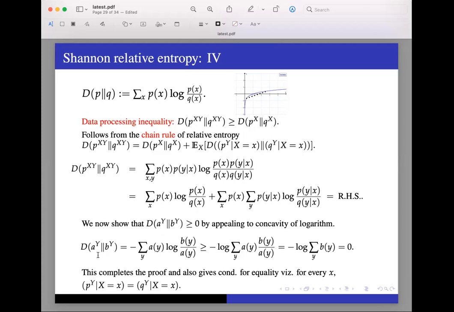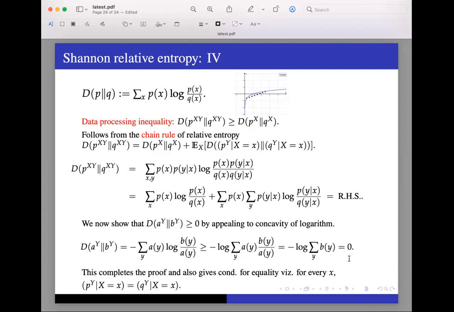So let's use it out here. So this relative entropy, I can write it like this. Now I've used the negative sign because I have taken the reciprocal here. And then I apply the concavity, and because of the negative sign, I get greater than or equal to. Remember, AY is a probability distribution, so this is the expectation of logs. That is less than the log of the expectations. So I have this log of the expectations, which turns out to be this one. Remember, BY is a probability, so this sums up to 1.